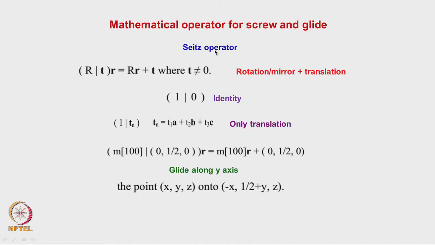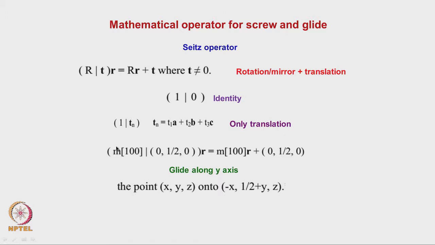Okay. And this is the method in which these various types of operations are represented, which is called a size operator. Okay. You do not have to know about it, but I wanted you to be aware that this is the methodology being followed. In this symbol, this represents nothing but the rotation operation. This represents the translation operation. Okay. No mirror operation. And R is the translation. So, here you can see that 1 0 means an identity operation. Okay. Here 1 t by n means a one-fold rotation, so it is just a translation which is taking place.